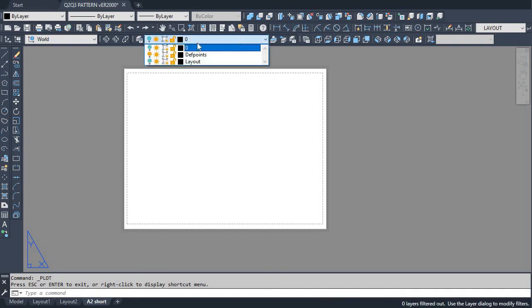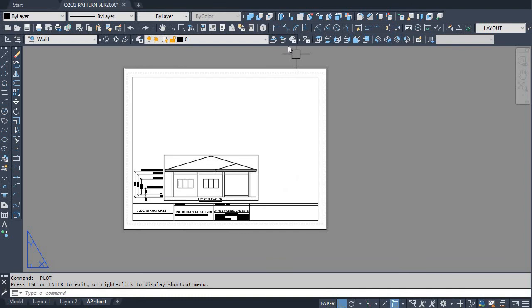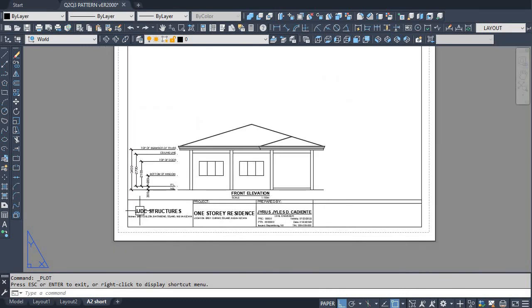Okay, so i-on ko ngayon itong layer 0. I-on ko si layout. See what happens. So, ang i-off ko lang si layout. Yan. Next is,